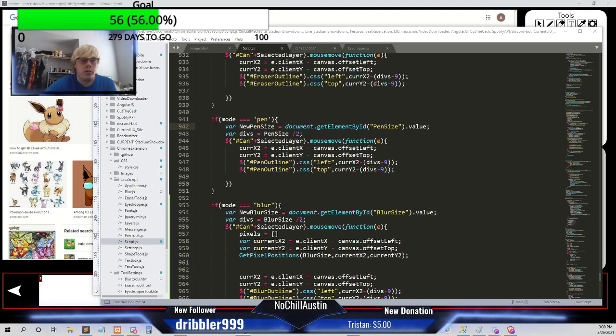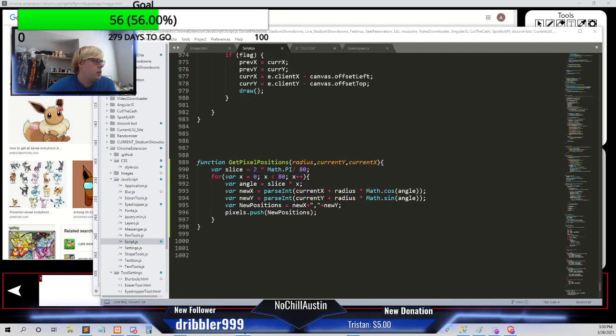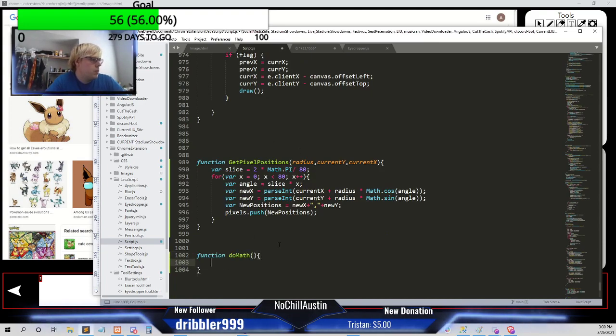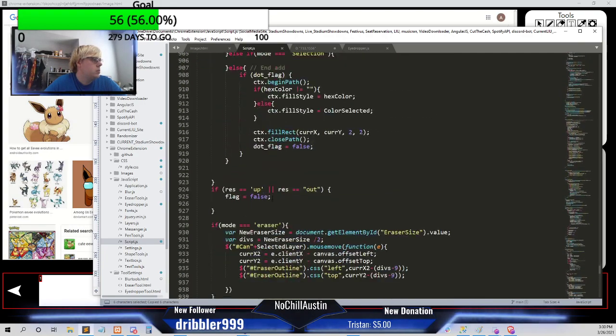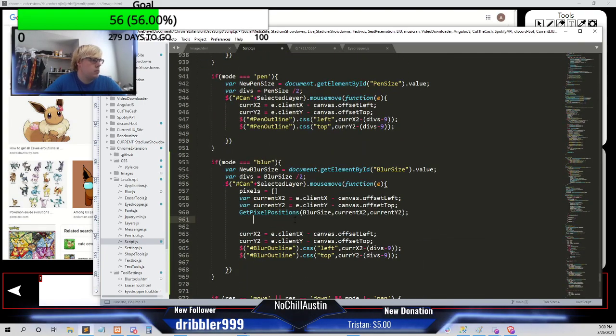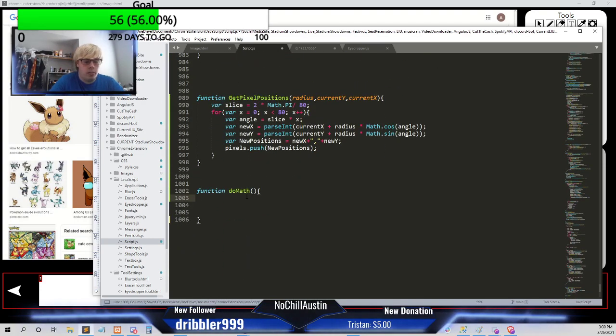Alright, so the way that we're going to do this is we still need to get our whole X and Y positions here. So I'm going to just make a function called math, or do math, and we're going to do this. So we're going to take pixels, and here, we're going to do this. So we split it in half. So we take pixels, we're gonna cut it in half. That means we're gonna do far first half,